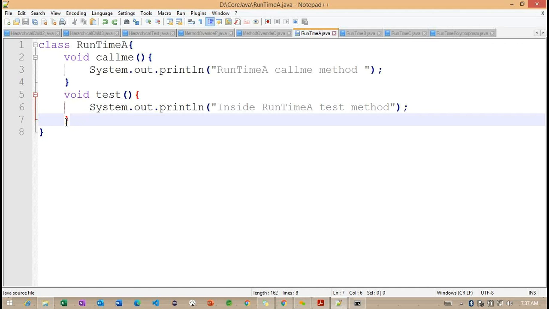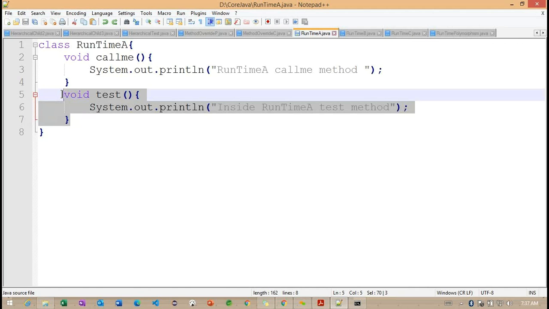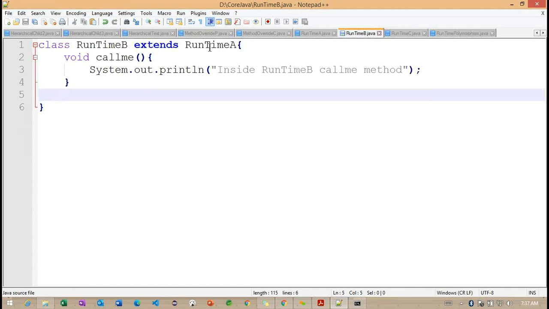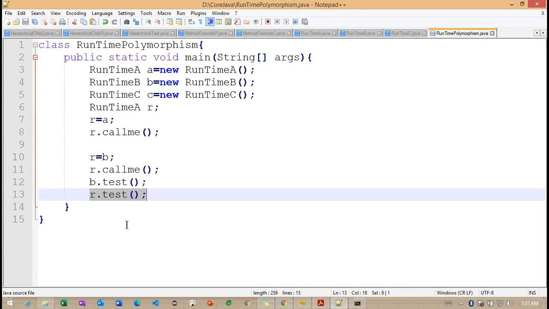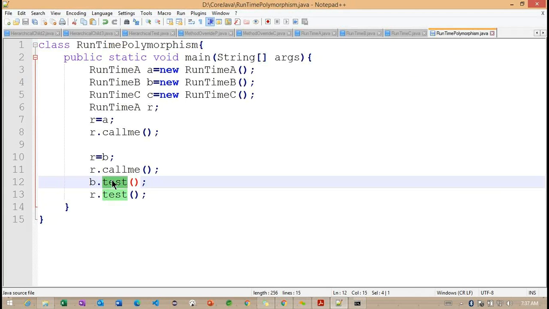Okay. Because the compiler is not giving any error here, because the B class is already extended from the A. Getting the point? Now you can observe this particular test. If it is not there in the B class, what will it do? The compiler is going to check the superclass test method. Right. In the superclass we are finding this particular test method here, so because of this, we are not getting any compilation error.